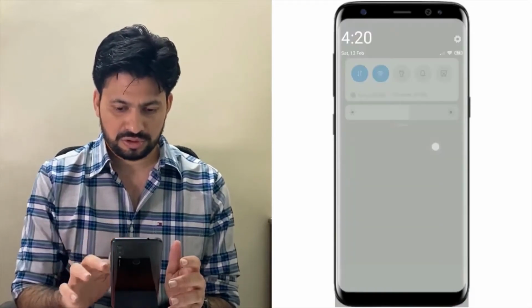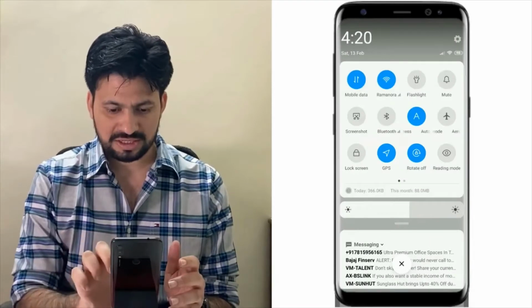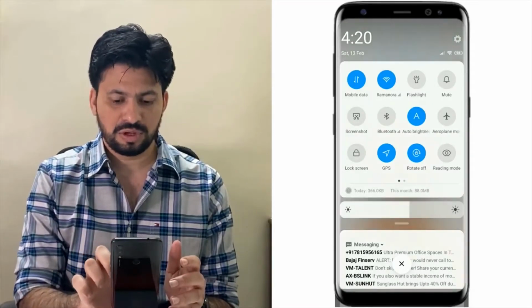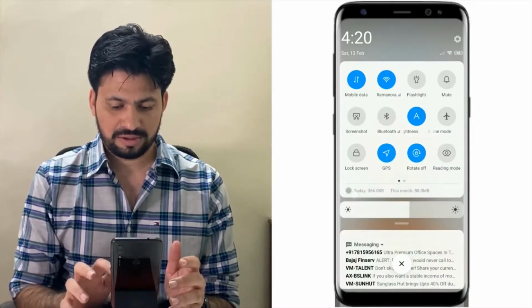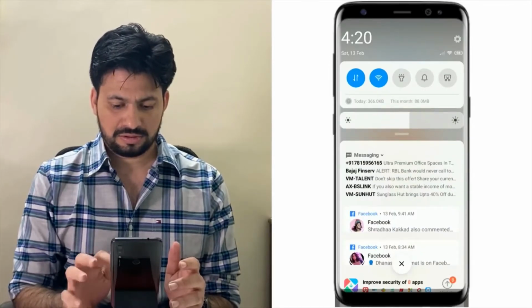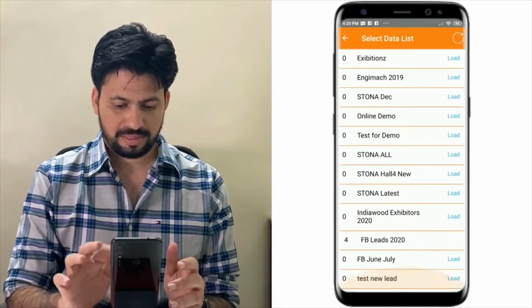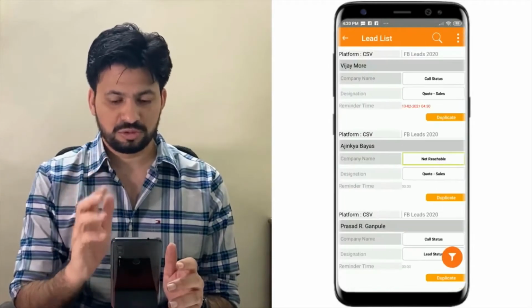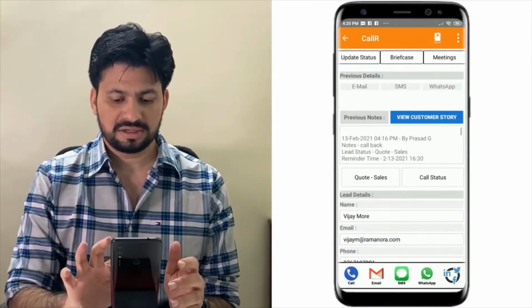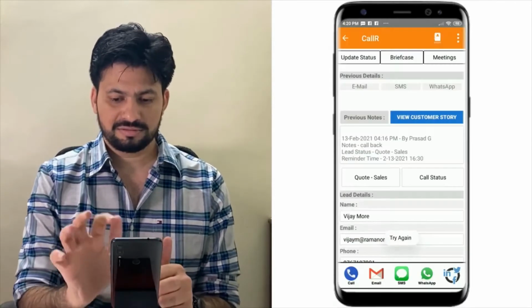So from your window, you can see it says GPS. Can you see here the blue one? That is the one. We'll go back again to the lead. I go to Vijay Mori's lead again. I go to meetings. If I click on check-in,